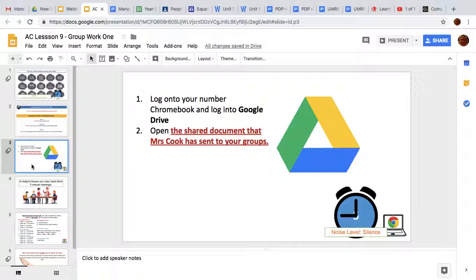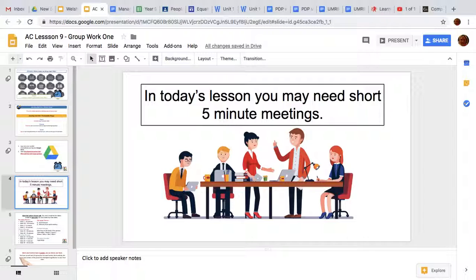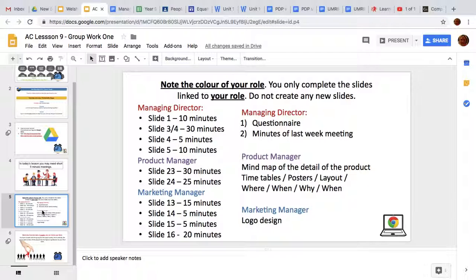Right, so they need to open their work, and I've shared a different file with them. It's not the same one that they've been working on until this stage. It's a new one, and it's shared with the three people in their group. I did that with those pieces of paper that you gave me last lesson. I put this slide in there today just for you to decide if you're going to let them have little short meetings. There might be things when they do need to go back to their groups and discuss bits before going back to working on their own. I'll let you decide what you're going to do with that.